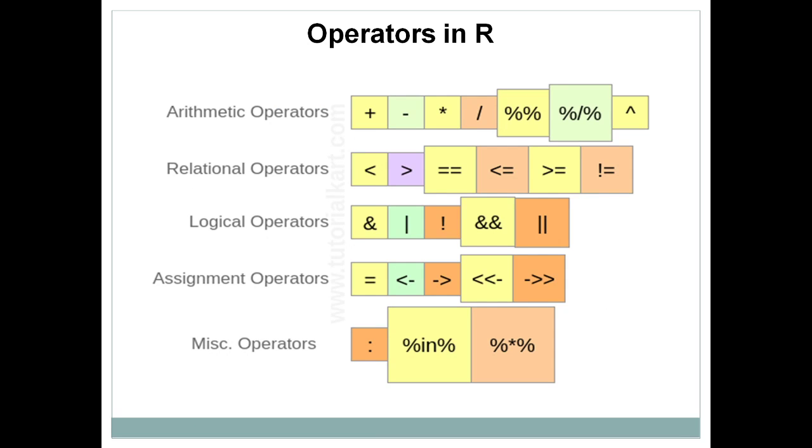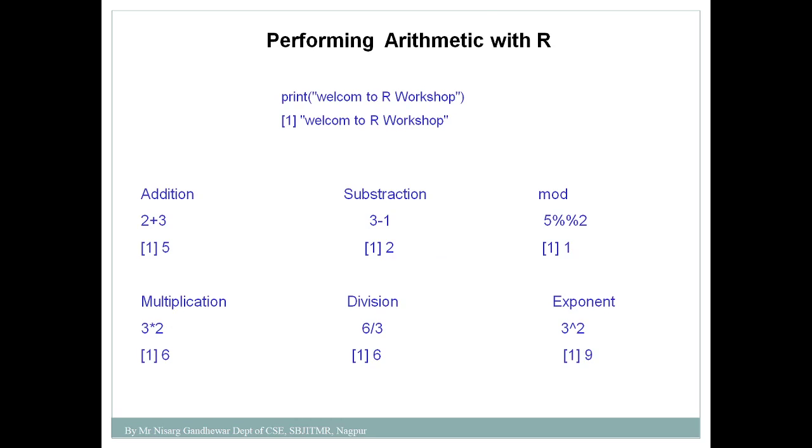I hope you understand all the topics that we have discussed today. Today we discussed the data types in R, the operators available in R, and how to declare a variable in R. In the next lecture we are going to discuss the objects available in R. Sometimes an object is also called a data type, such as vector, list, data frame, matrix and array. All these are considered R objects. We are going to discuss that in the next lecture. Thank you.